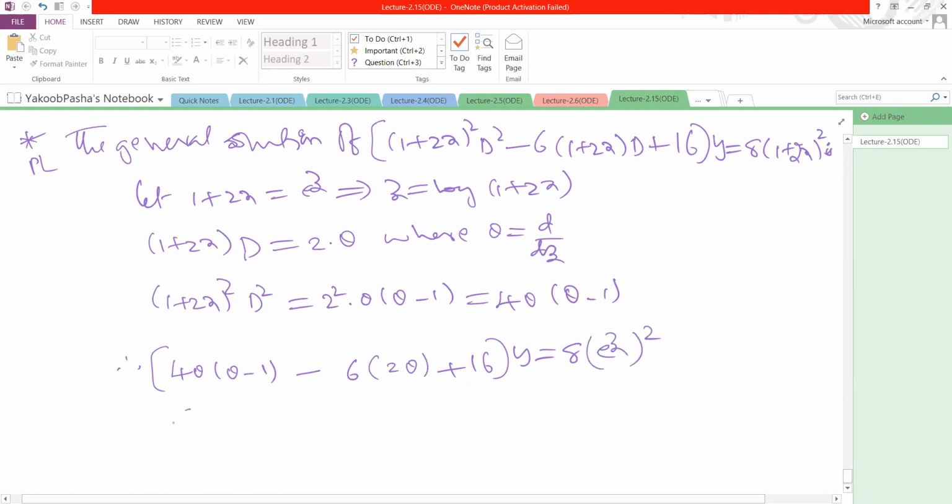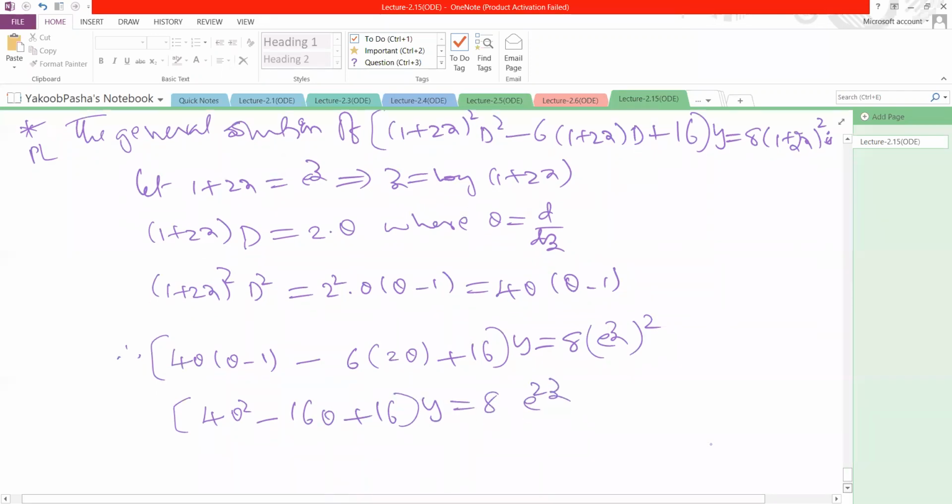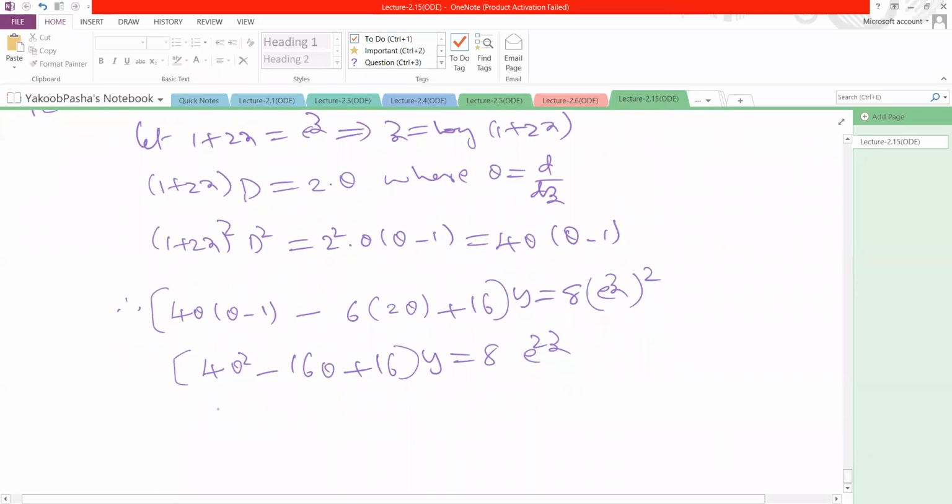Now here, first term 4 theta square, and minus 4 theta, minus 12 theta, minus 16 theta plus 16, into y is equal to 8 into e power 2z. You can cancel with 4. So theta square minus 4 theta plus 4 into y is equal to 2 e power 2z. So we can take the